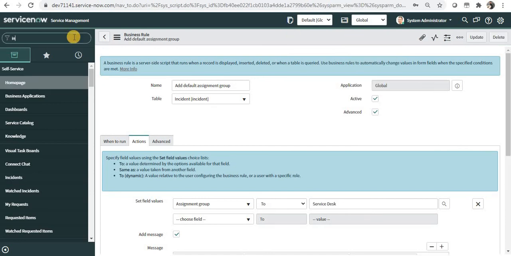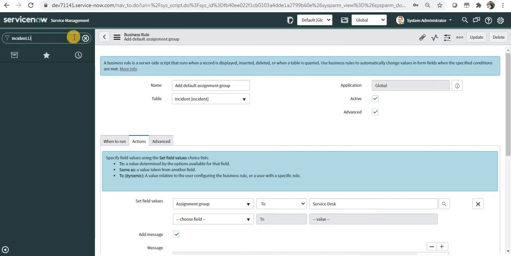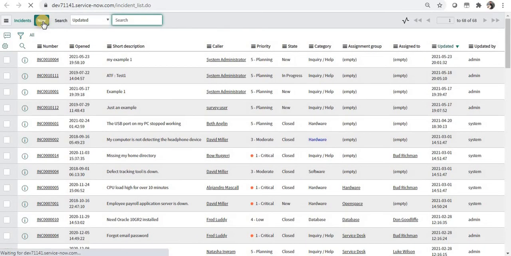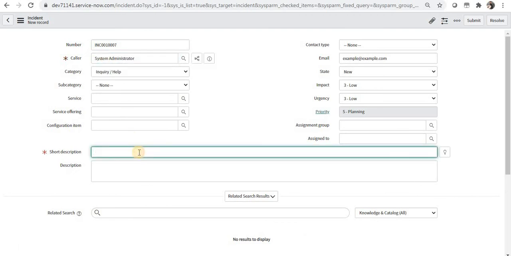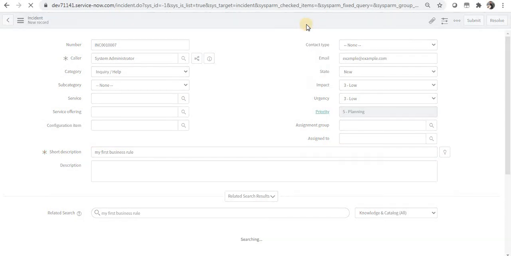Now I will try to create a new record on the incident form. I will give the caller as myself and I'm logged in as system admin, and I can say my first business rule, and I will submit this or save this, and I haven't given the assignment group.